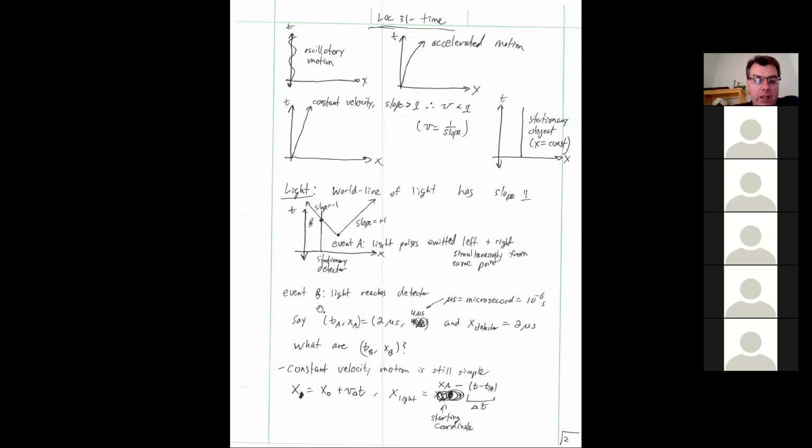So we're going to say that event A occurs with time coordinate 2 microseconds and x coordinate 4 microseconds. And remember that a microsecond as a distance unit is just going to be a microsecond multiplied by the speed of light, or 10 to the -6 seconds multiplied by 3 times 10 to the 8th meters per second. So we're going to be talking about 300 meters. All right, so 1 microsecond is 300 meters. This would be 1,200 meters. And we want to know what are the time and